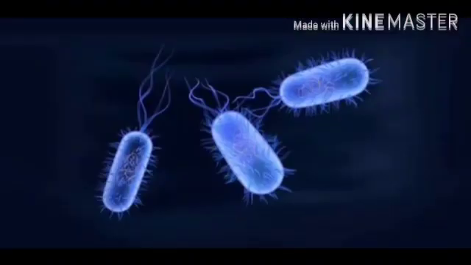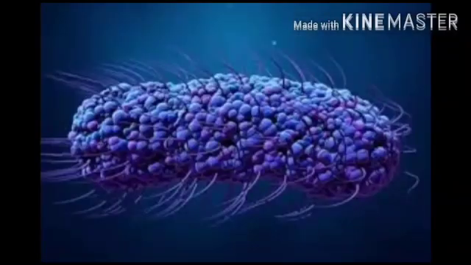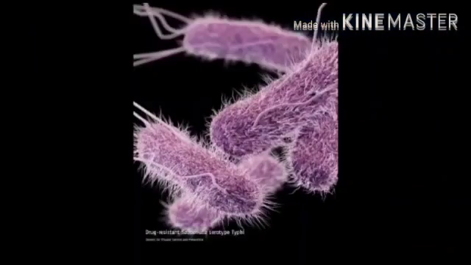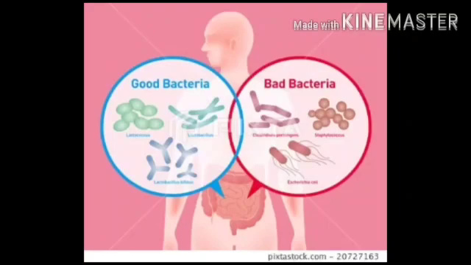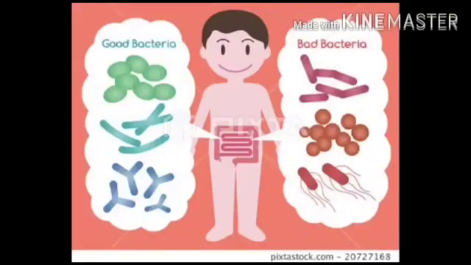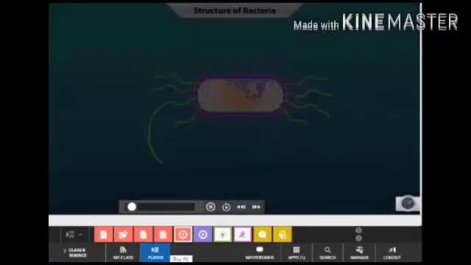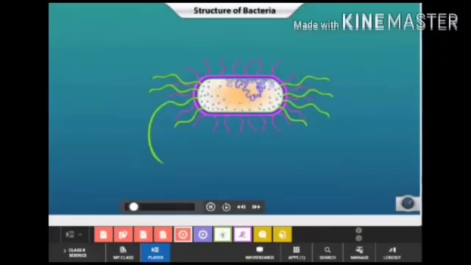A bacterium has an outer covering known as the cell wall. Nuclear material is represented by a nucleoid without a nuclear membrane. An extrachromosomal DNA called plasmid is present in the cytoplasm. Protein synthesis is carried out by 70S ribosomes. Other organelles like mitochondria, Golgi body and endoplasmic reticulum are all absent. Flagella aid in locomotion. Anton von Leeuwenhoek is the first person to discover bacteria.